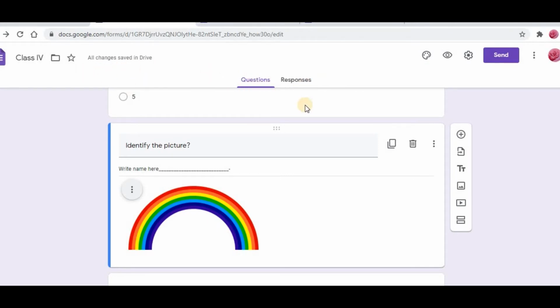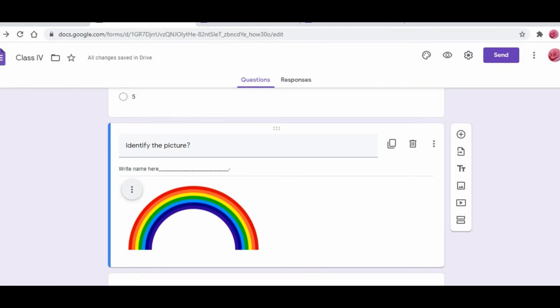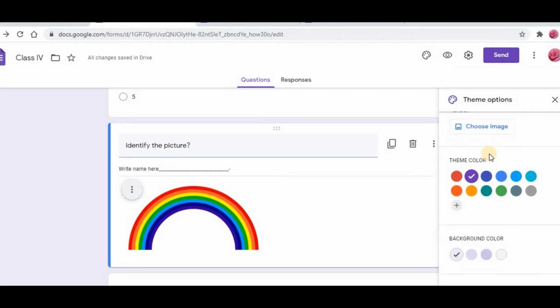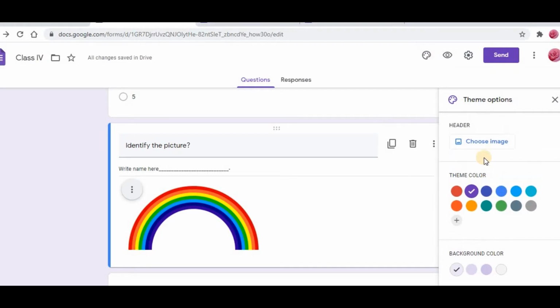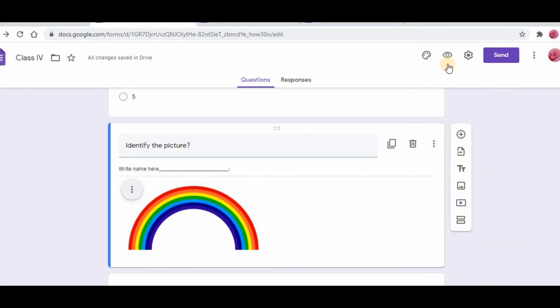So for this I'm going to prepare this like a quiz. Now on the top right side you have three things here. Now if you press this, you'll get this link also. You can make a copy or you can undo all these things. This is the thing given here. And this is nothing but your theme. I want my question paper in a colorful manner like this. If you want, you can even use these things also, like the text, whatever you are typing, that should come here like this. I just want to show you the theme options.